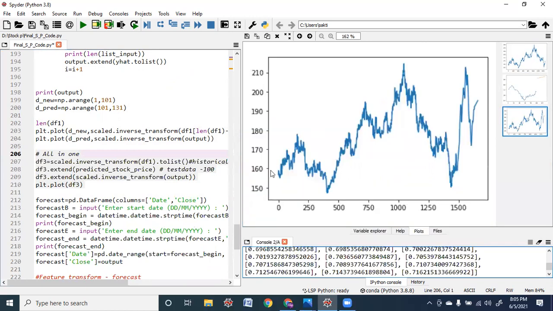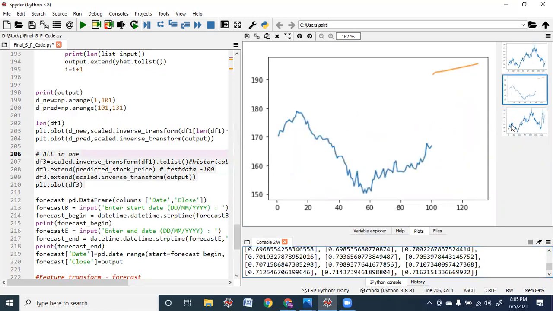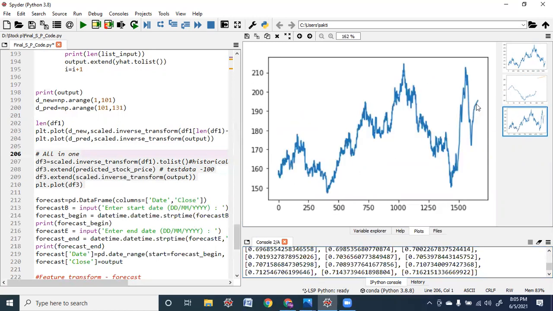See guys, so we are just seeing the first one is historical, then comes the actual and predicted, after which a small one, which I have shown you separately in other graph. The same way here, you can see here. So this is the forecasted graph.